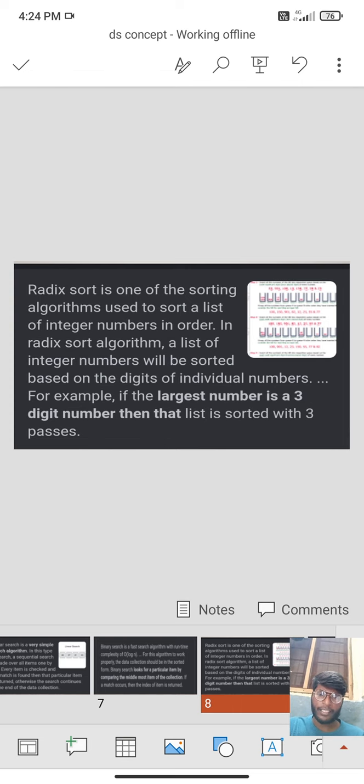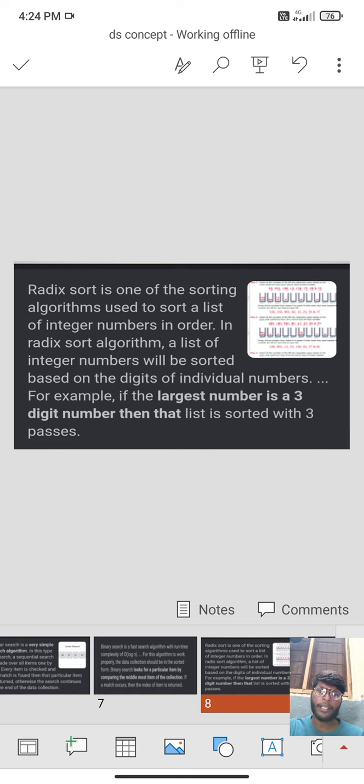Radix sort is one of the sorting algorithms used to sort a list of integer numbers. In a radix sort algorithm, a list of integer numbers is sorted based on the digits of individual numbers.